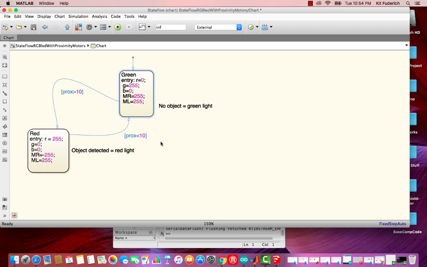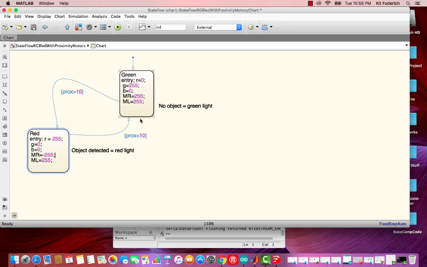So if proximity is bigger than 10, then motor right will be set to minus 255 and motor left will be set to positive 255, so there'll be a turn. And also you can see, just as in the model before, the RGB LED will shift its color depending on what proximity value is being inputted into the system. So it's red in this case when proximity is bigger than 10, and if it's less than 10, then the Mini-Q robot will shift to show a green color from the RGB LED, and then the motors will be going